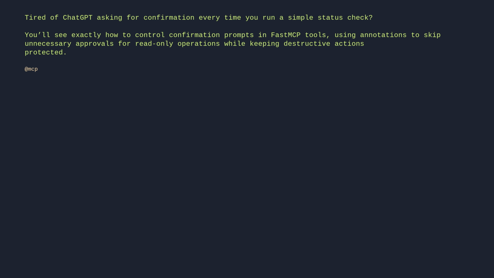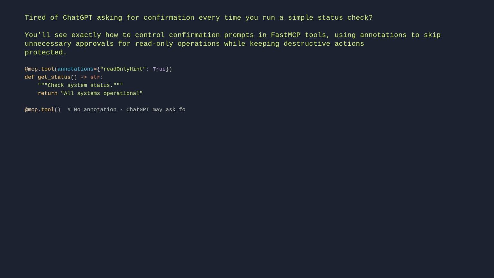@mcp.tool(annotations={"readOnlyHint": True}) def get_status() -> str: "Check system status." return "All systems operational." @mcp.tool # no annotation, ChatGPT may ask for confirmation. def delete_item(id: str) -> str: "Delete an item." return f"Deleted {id}"